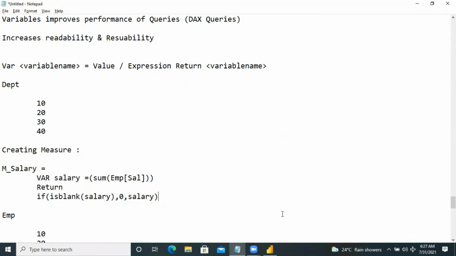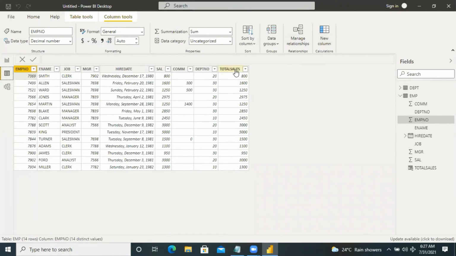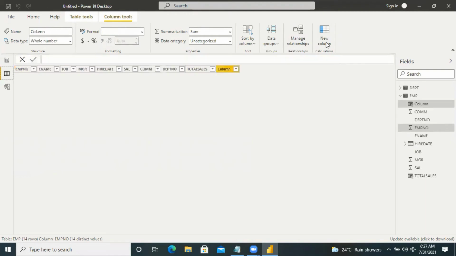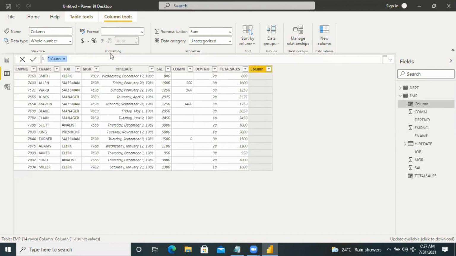Where should I write the script? Here only. Here I'm going to create the new measure for the EMP table. The measure name is M salary.